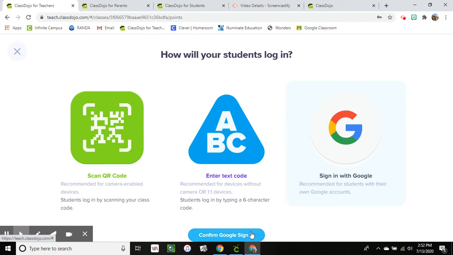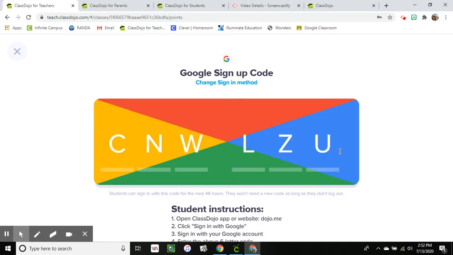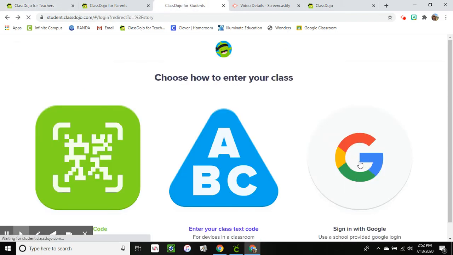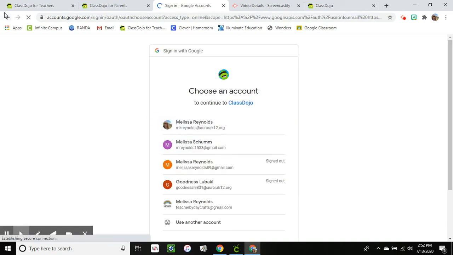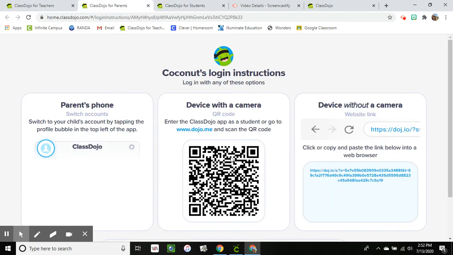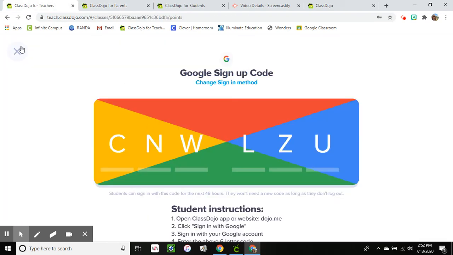And then a student would do the same as well. It'll have that same code right over here, just like a student would click here, log into their account, and then jump in using that same code. All right. Last but not least, parents, this is the email instructions you would be getting if